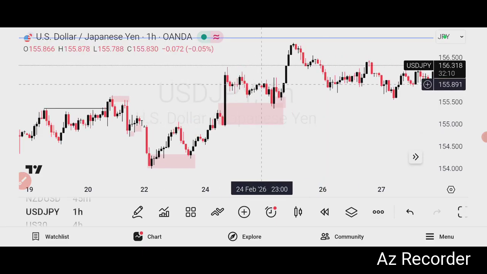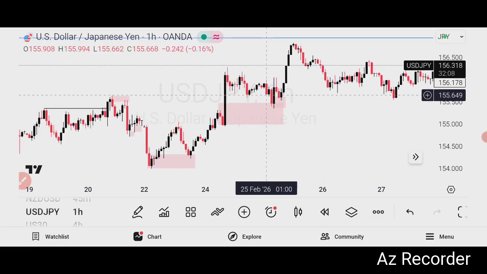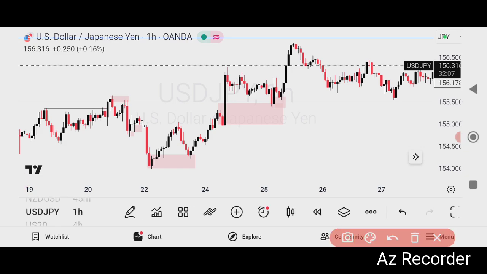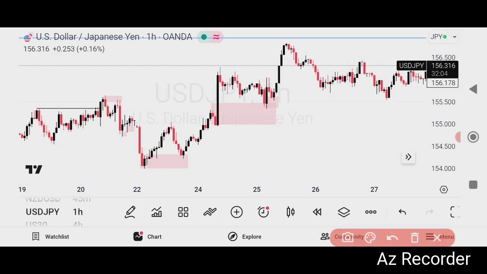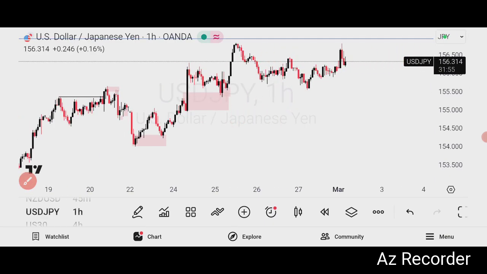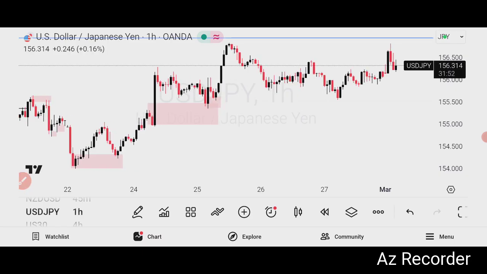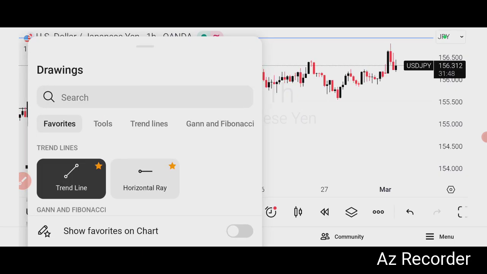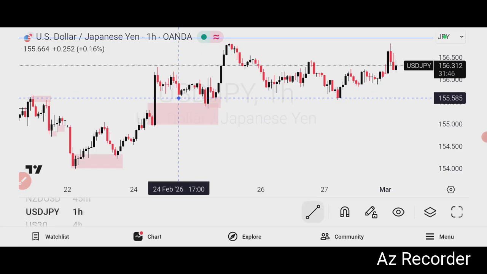This particular point here is where I'm paying attention. That particular point is where I'm trying to pay attention. So as you can see, we had a break of structure and the market came back to react from that zone. Now, when the market reacted from this zone, not only did it react, it gave us what? A liquidity block, very, very important, a sweep,